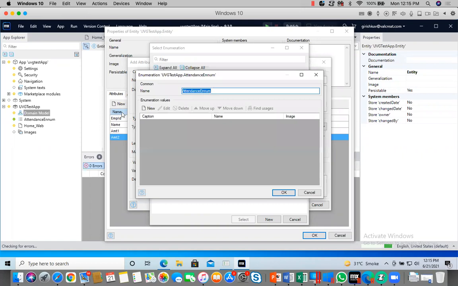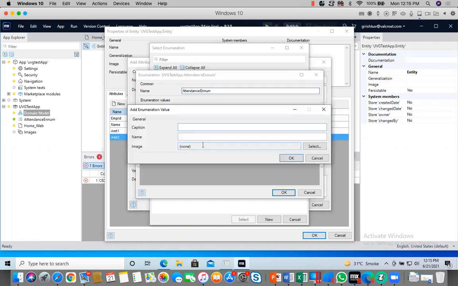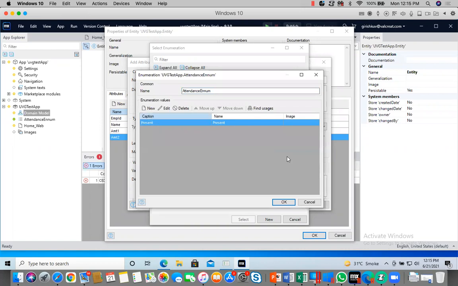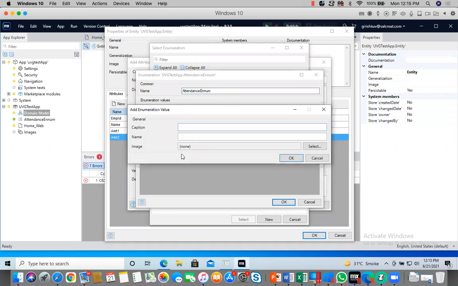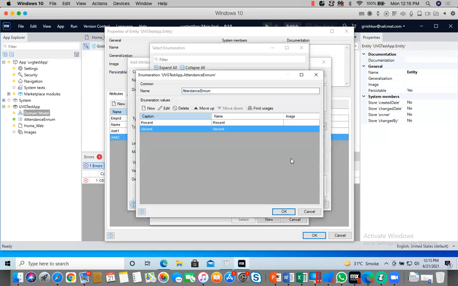Now what is that enumeration? I will give present, absent. Only two alternatives, present or absent. It cannot be anything else, no? Either he is present or not present.